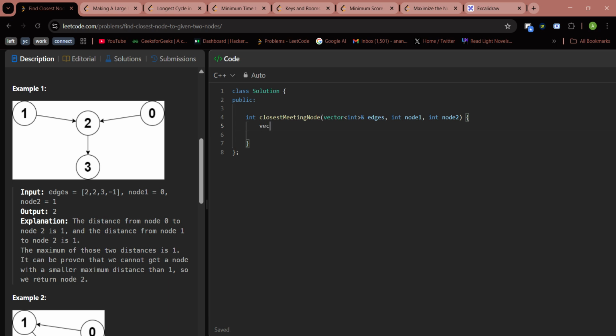सो हम लोग को वेक्टर चाहिए होंगे डिस्टेंस के लिए। सो आई हैव अ वेक्टर इंट डिस्टेंस 1, वेक्टर इंट डिस्टेंस 2। इसको नेम दे देते हैं, for distance from node 1, for distance from node 2। ग्रेट। अब हम लोग के पास दो डिस्टेंस आ रहे हैं जिसमें हम लोग अपना आंसर स्टोर करेंगे, राइट।